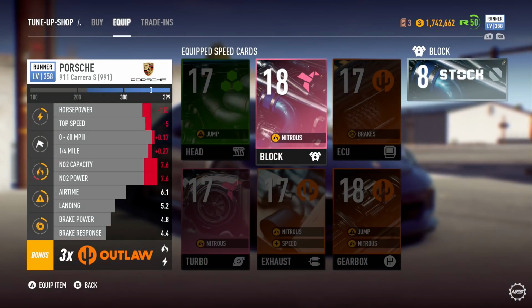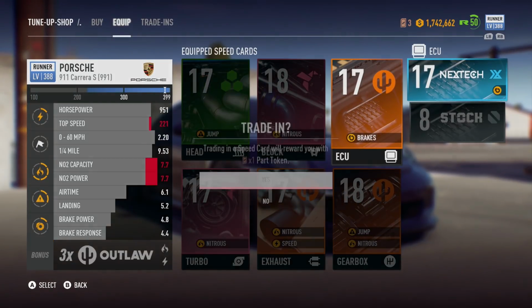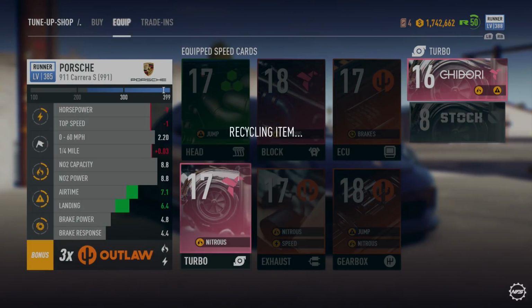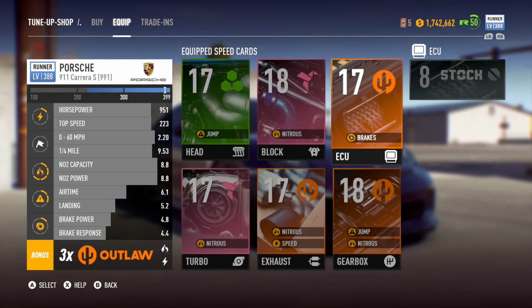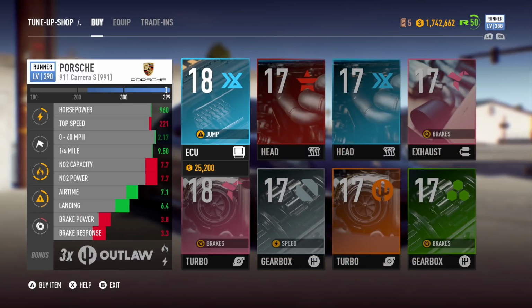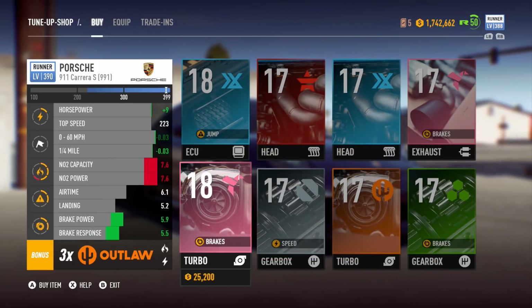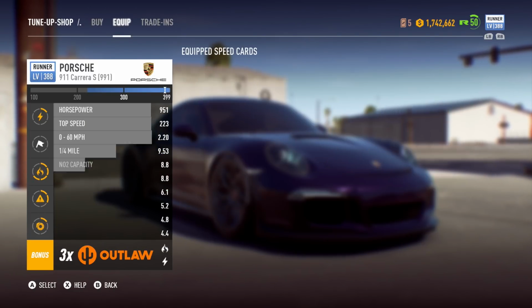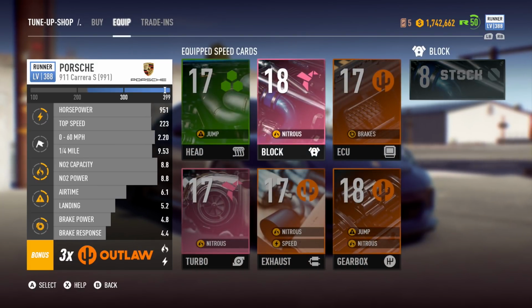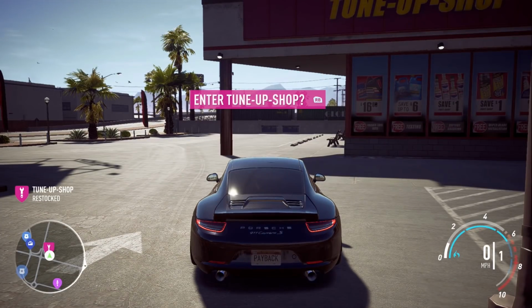Trade these in instantly, because otherwise they're just going to remain in your inventory for absolutely no reason, where you can trade them in and get more part tokens that you can trade in. So that's pretty much how this whole system works, and I definitely think you should use both the buying of parts and the trading in of parts, and it'll help you a lot. You get to level up your cars a lot faster than usual, especially nowadays,